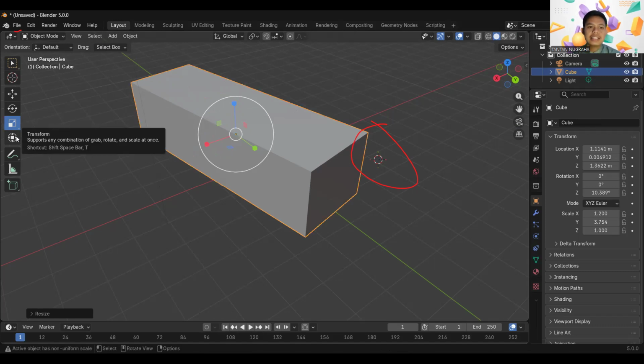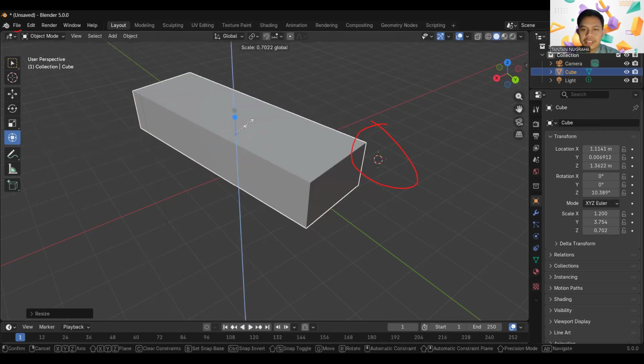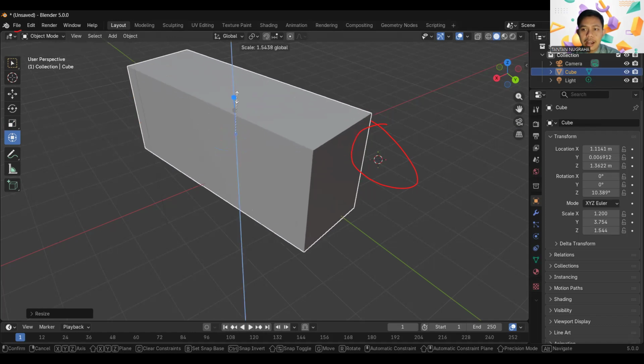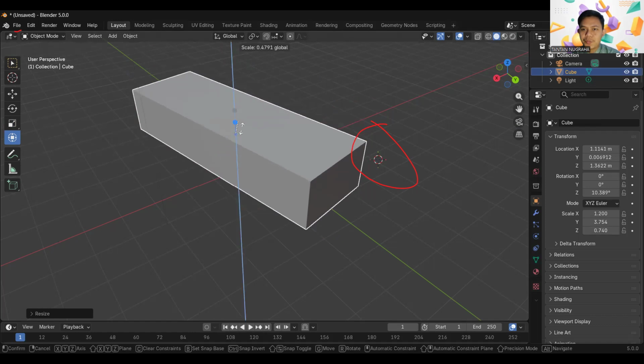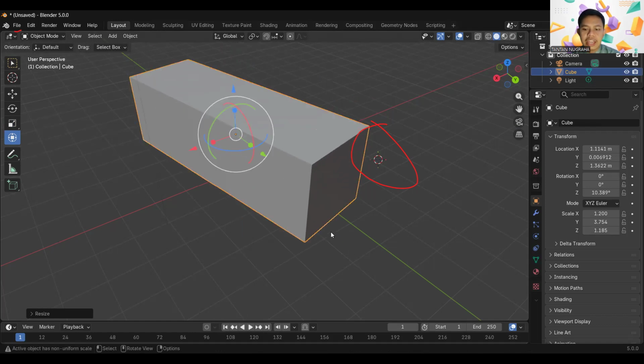And last is transform. The transform tool is the combination of move, rotate, and scale. For example, I can scale the cube.